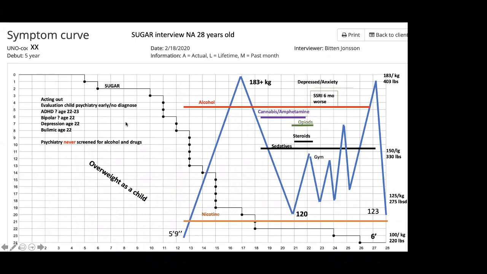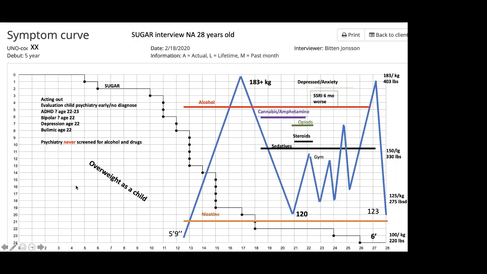You can see that his first symptom of sugar food addiction was at the age of 5. So it is clearly the way Lustig states many times that sugar is a gateway drug into other drugs. And of course, it is the first drug we are exposed to, sugar and food, and also we are constantly exposed to it. There is no 10-year-old that is constantly exposed to alcohol or cannabis or amphetamine, but